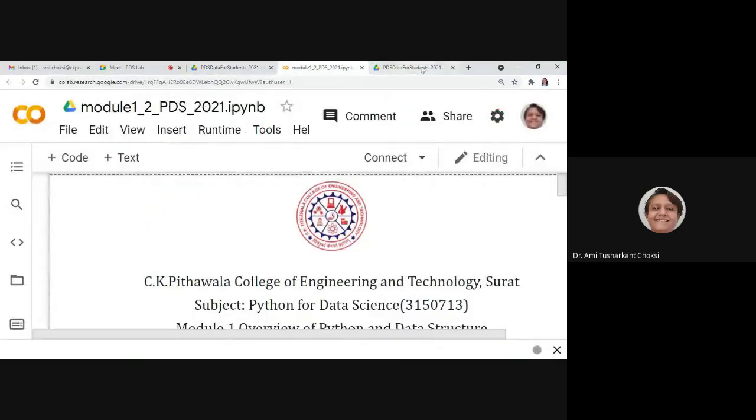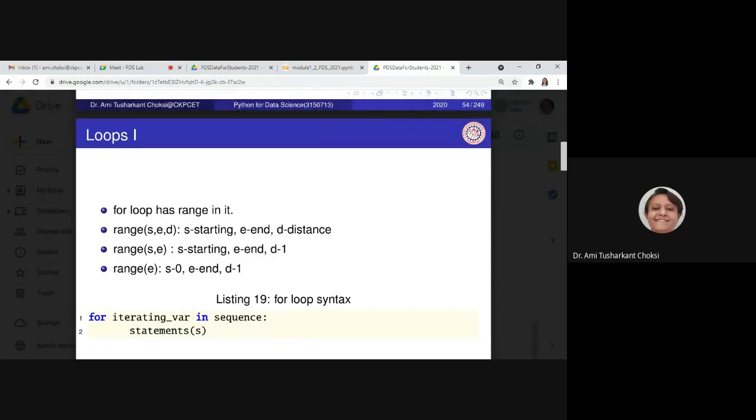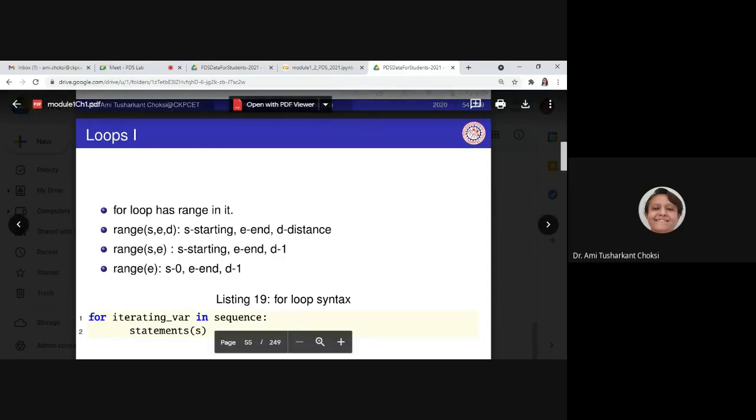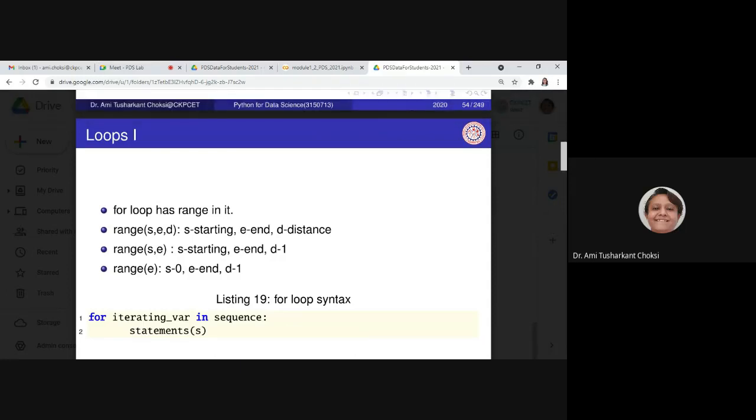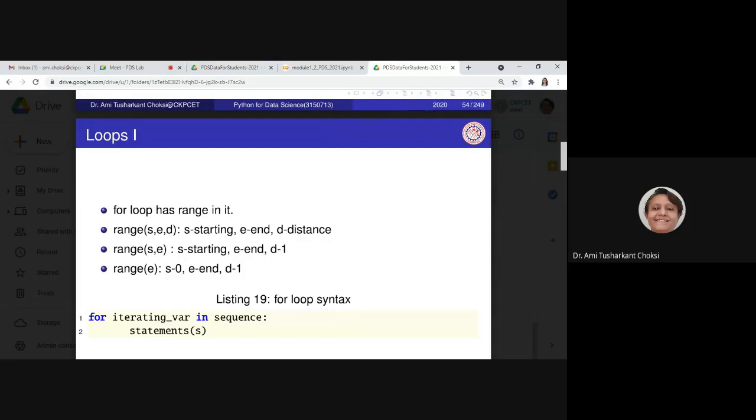Okay, so what we are having here, that is that distance, right? We want to consider the distance. So what we say is S is starting, E is end, and D is distance, right? Then range, one more is there, that is S and E with two parameters.